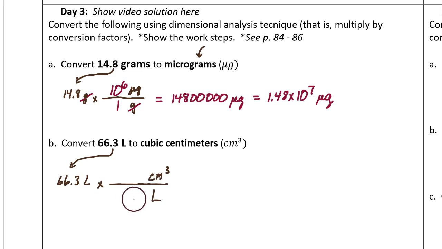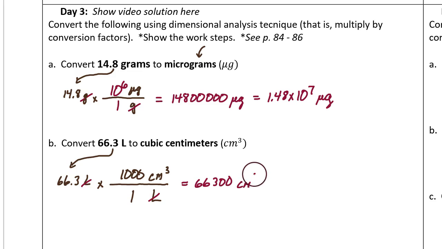To finish making this conversion factor, we need to put in the numbers. There are 1,000 cubic centimeters in 1 liter. The liters cross-cancels the liters, leaving cubic centimeters. So now that we have the math problem all set up, we'll type it in the calculator. 66.3 times 1,000 and divide by 1. That makes 66,300